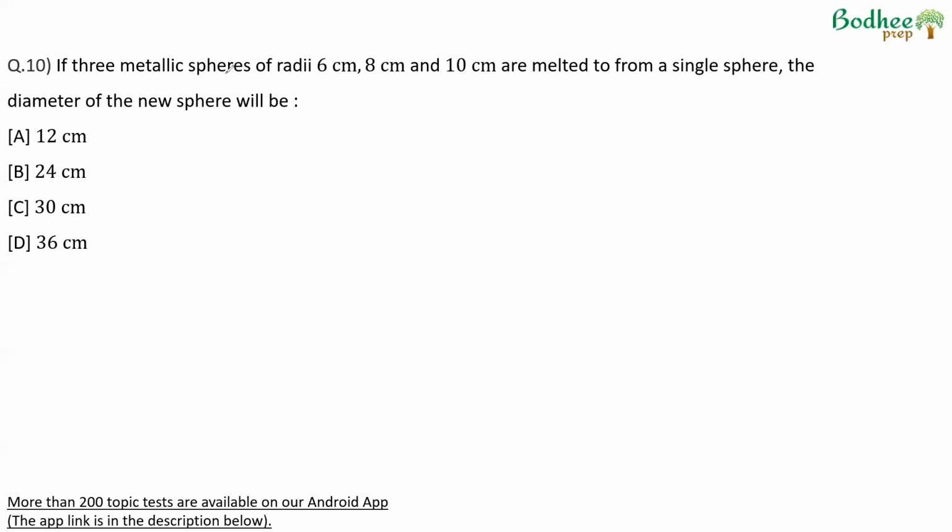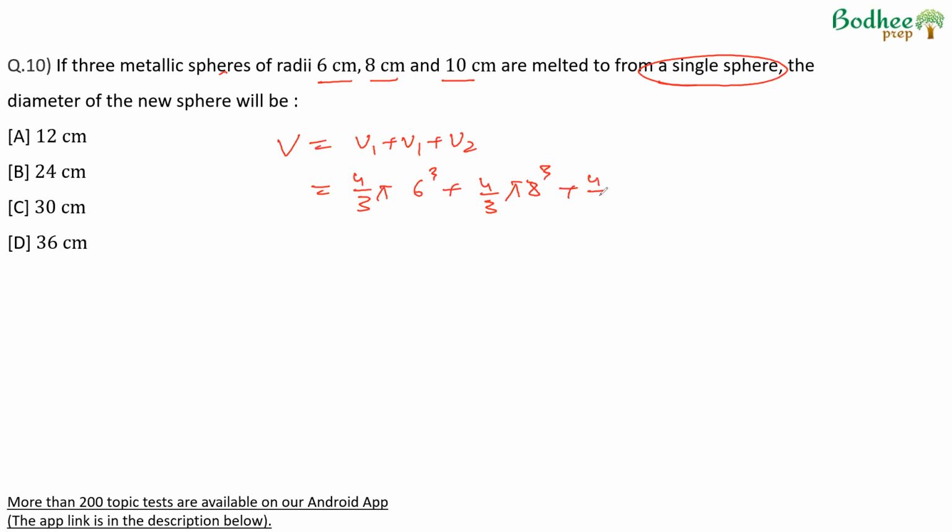If three metallic spheres of radii 6, 8, and 10 are melted into a single sphere, the diameter of this new sphere... Radius for the first three were given. The volume of the single sphere will be equal to the volume of the first sphere plus second sphere plus third sphere. Volume of the first sphere will be 4 by 3 pi, 6 cube, 4 by 3 pi, 8 cube, 4 by 3 pi, 10 cube. Volume of spheres. Therefore, the overall volume here will be